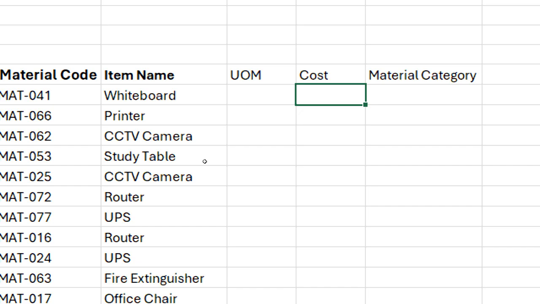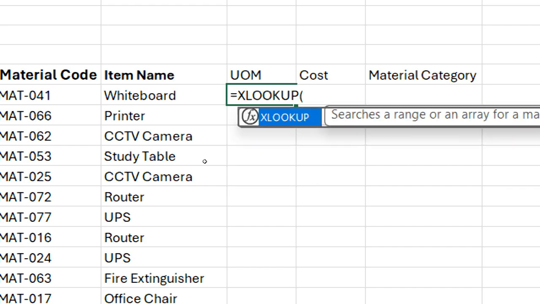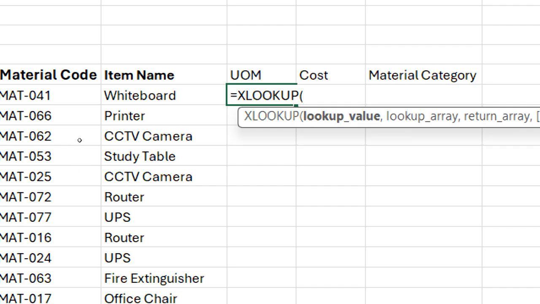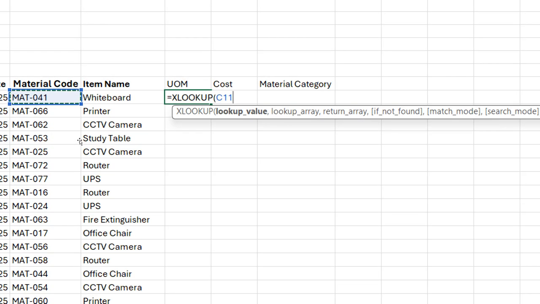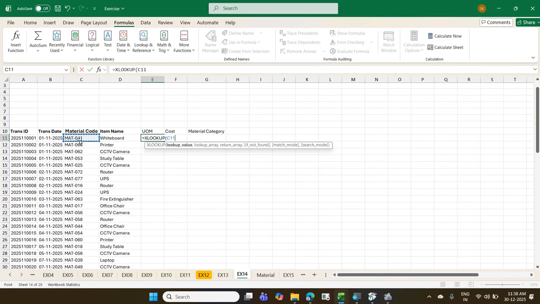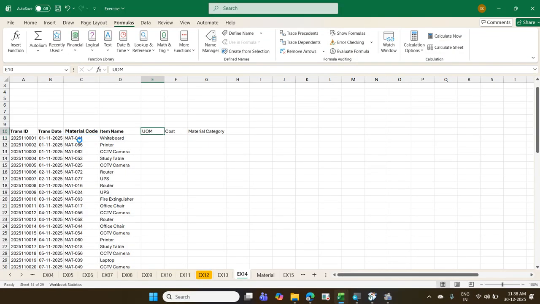Okay. Equal to XLOOKUP. Select the entire column of the material code. As I told, even no need for typing the heading. Heading also you can get through the XLOOKUP. For example, equal to XLOOKUP. Select it from the heading. If the same heading is there, select this heading along with the heading column here,